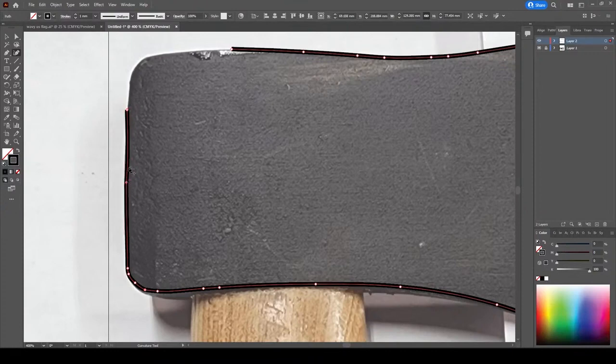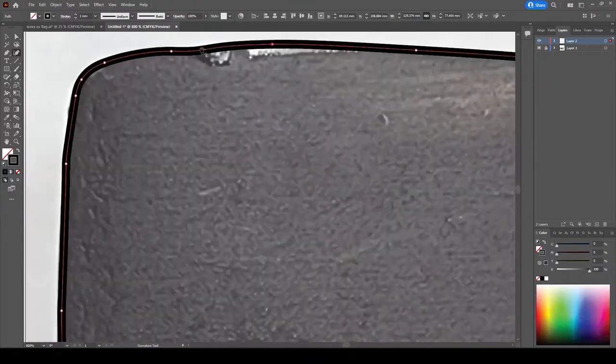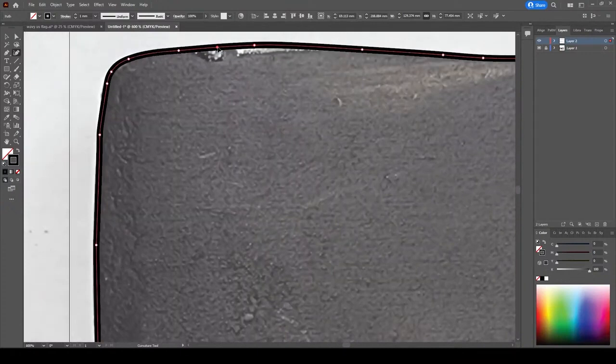See, that took it out wider there. So we can just bring that back in and bring this one back in. Let's see how that looks. It looks better. That's not a very good area there. So just by clicking on the path, you can add an anchor point. Then if you need to, you can drag that around. That makes it a little bit better. See if we want to drag that, then we can